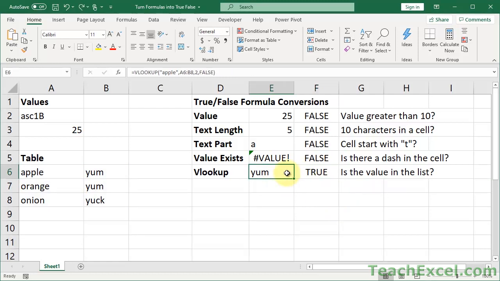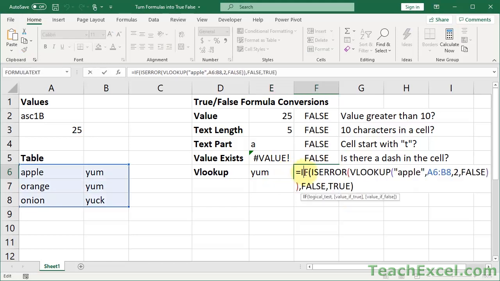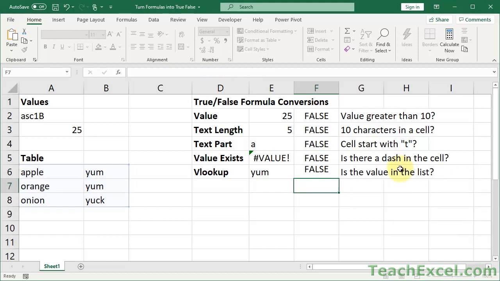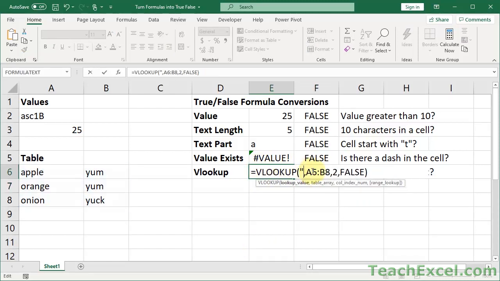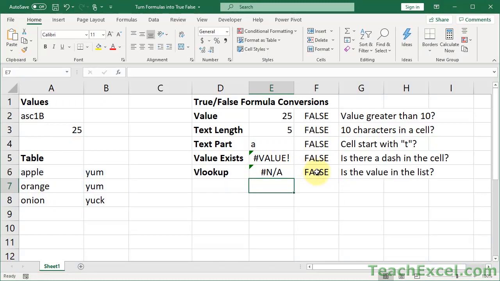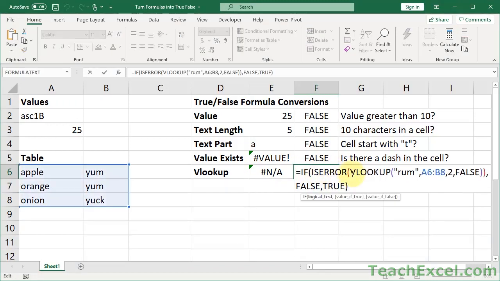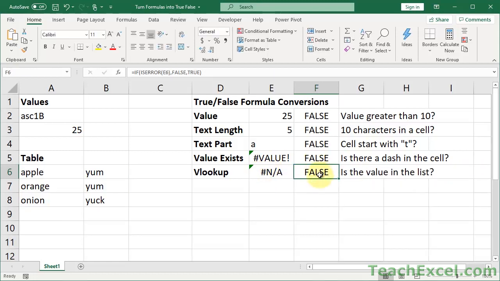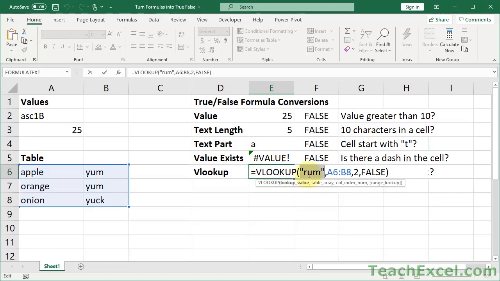Now let's make it so that it cannot find the value that we want to look for. So we go over here and let's look for rum. False, no rum. And I will go ahead and update this as well, so they're both the same. And what I'm going to do, so it's a little bit easier, so you only have to change the rum in one place, is go like this and make the cell reference over here. So when we search rum, false, not found. When we search apple,